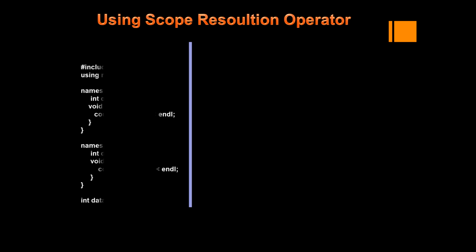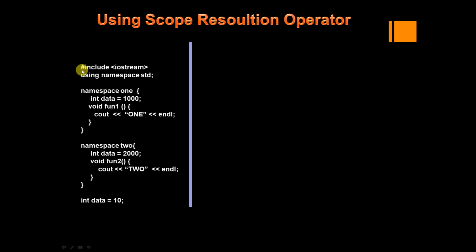Now let's see one program. I have #include iostream, and after this I have started using namespace std. So it is the directive method. What I'm saying to the compiler is: I am including iostream, use the namespace std. This std is the predefined, inbuilt namespace present in almost all the header files of C++, and we are going to access the namespace contents of that.